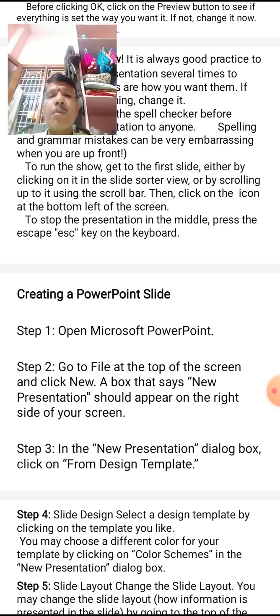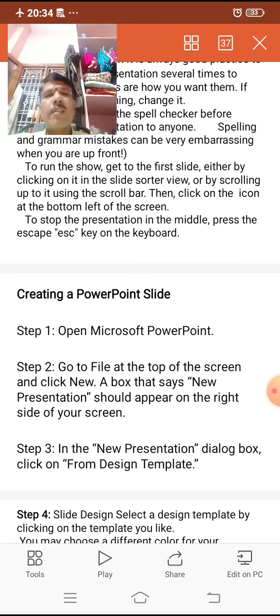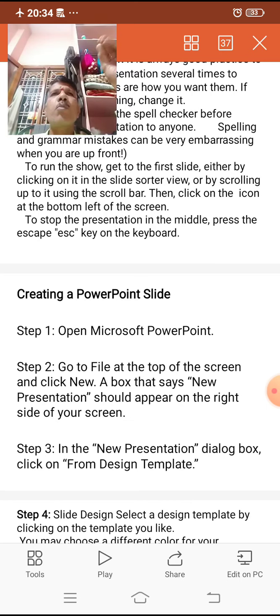In the design template, the software package provides different types of templates. Here a template is nothing but a model of the slide to create a presentation. So different models, different templates are available with the software package which are suitable for the presentation purpose, that can be selected by the user.